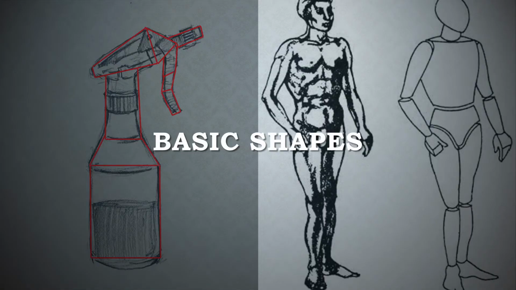Moving from surface detail to the building blocks of physical structure, a great way to gauge your solid forms is by breaking down your subject into a range of basic shapes. Basic shapes require no more skill than you exerted in kindergarten, and this is something you're going to be doing a lot of, so get familiar with it. If you can understand what you're seeing, and know what you're trying to achieve with these basic shapes, then you're on your way to building a solid